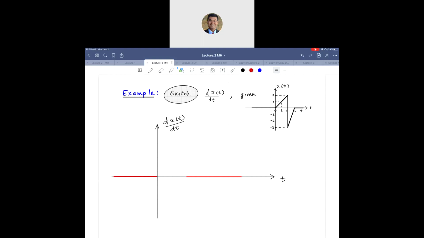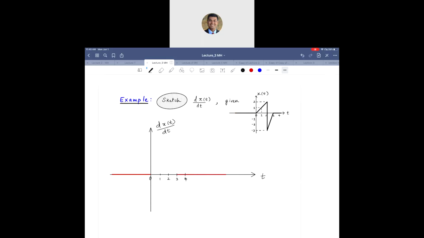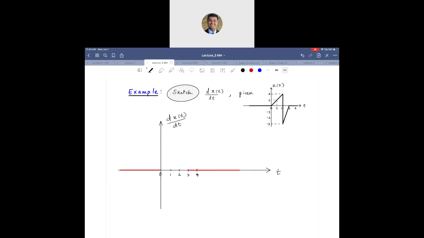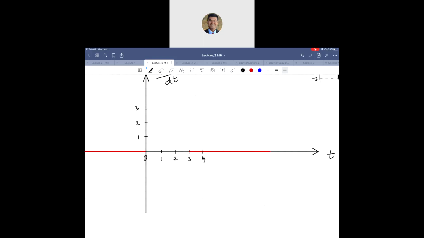Okay, so I got the 0 piece, which is good news. This is 0. I'm saying this is 1. This is 2. This is 3. This is 4, and so on. Okay, so what would happen between 0 and 2? Well, between 0 and 2, the slope of x of t is positive, and dy by dx is 2 divided by 2, so 1. So the slope is 1. So the derivative of x of t should simply be 1 at that time. So let's say this is 1, 2, 3, and so on. So between 0 and 2, it would jump and